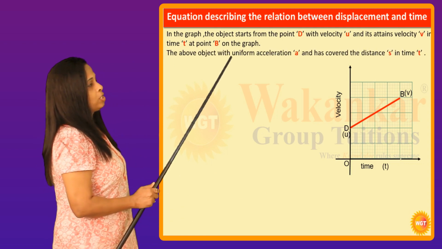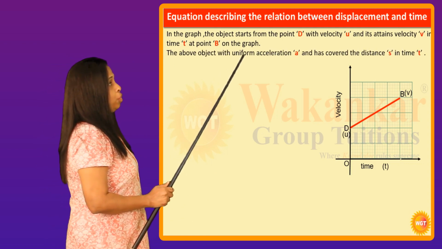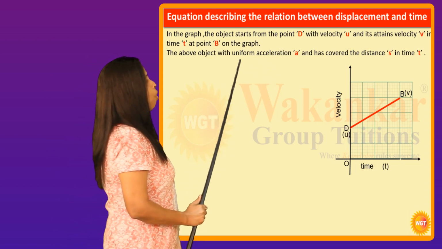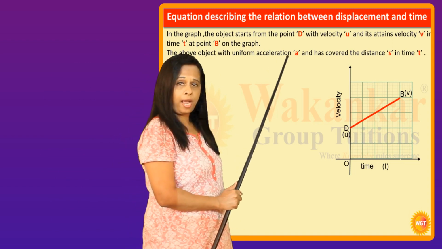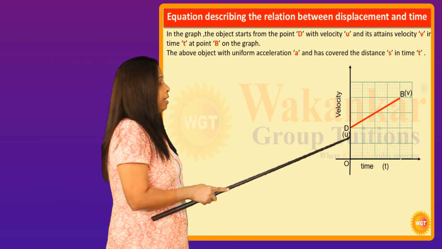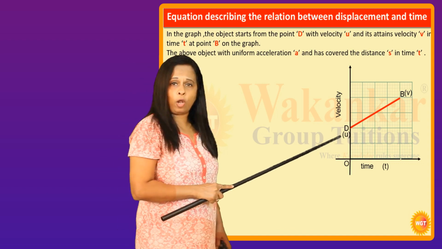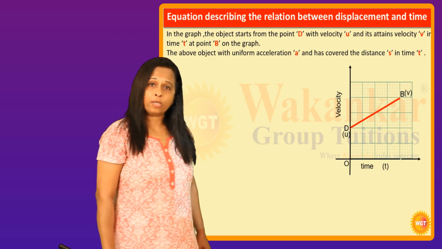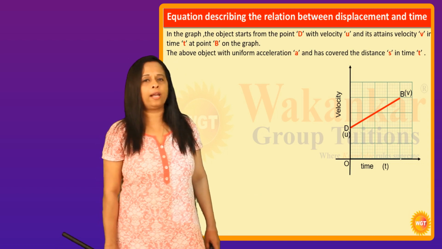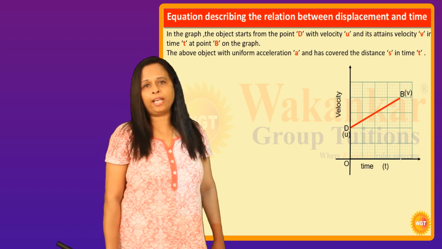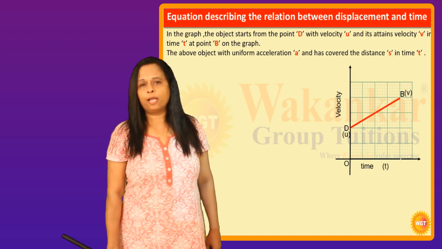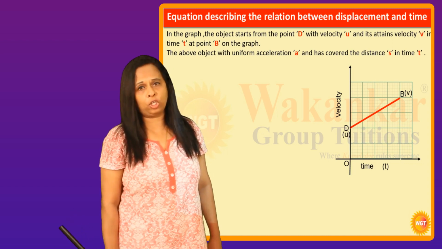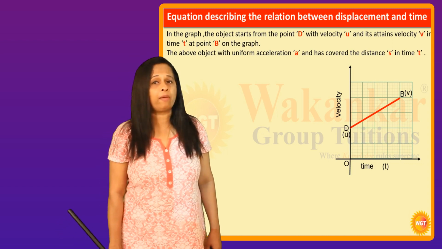Now, the body is moving with uniform acceleration. Why have we said the body is moving with uniform acceleration? Because we know that the body had initial velocity u and final velocity is v. The velocity is changing. Try to recollect an example which I have already given in the first equation of motion, that of a car. The car was moving with its initial velocity u and then its final velocity became v.